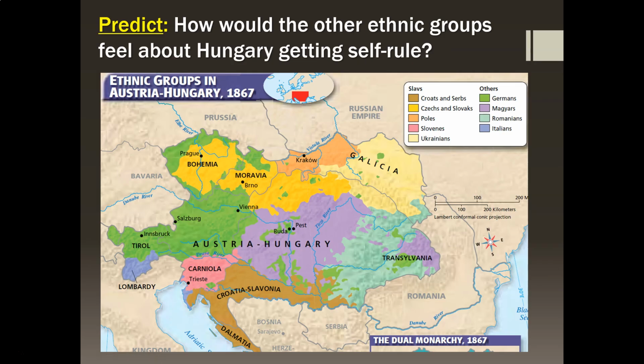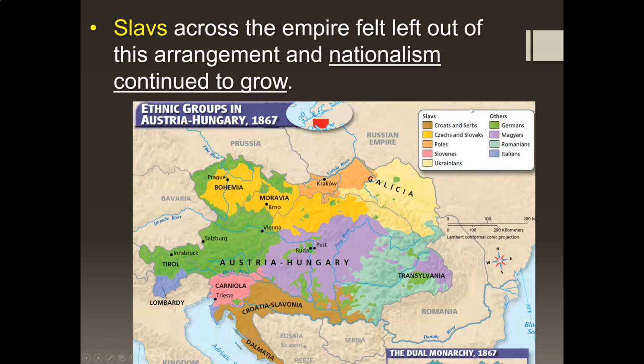The reality is, though, that while Hungarians, the purple group here, got more self-rule, what about all the other groups? What about your Czechs? What about your Poles, your Ukrainians, your Italians, Romanians, and so forth? Well, they didn't get that. And so